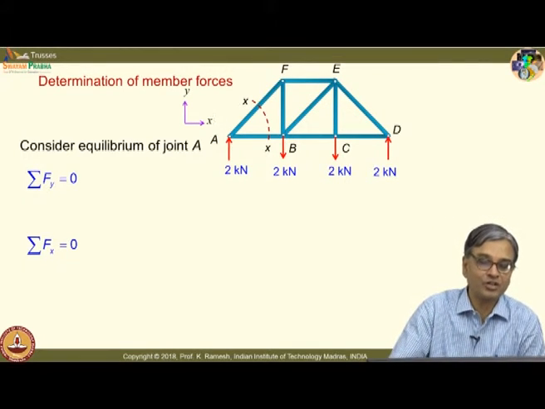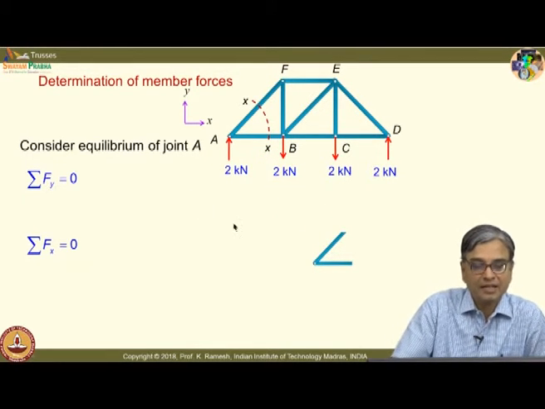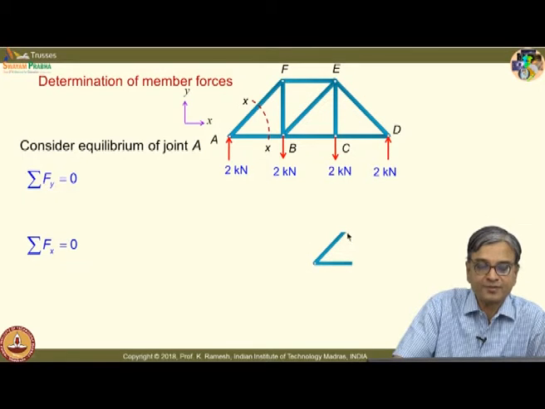Now, I have the luxury of all these animations, I can show this member cut and put it like this. And what I would do is, I would assume the forces on these members in a particular manner. I have this acting in this direction, FAB, away from the joint, and I have also assumed on member AF force acting away from the joint.